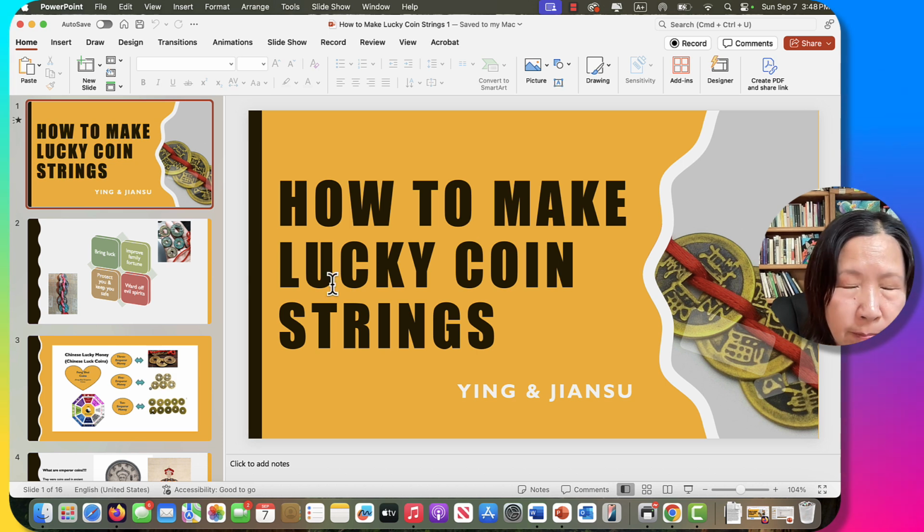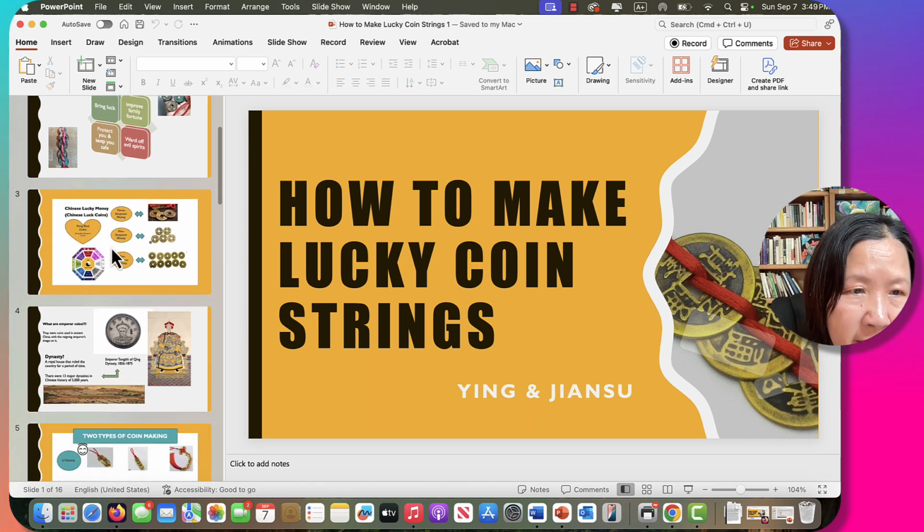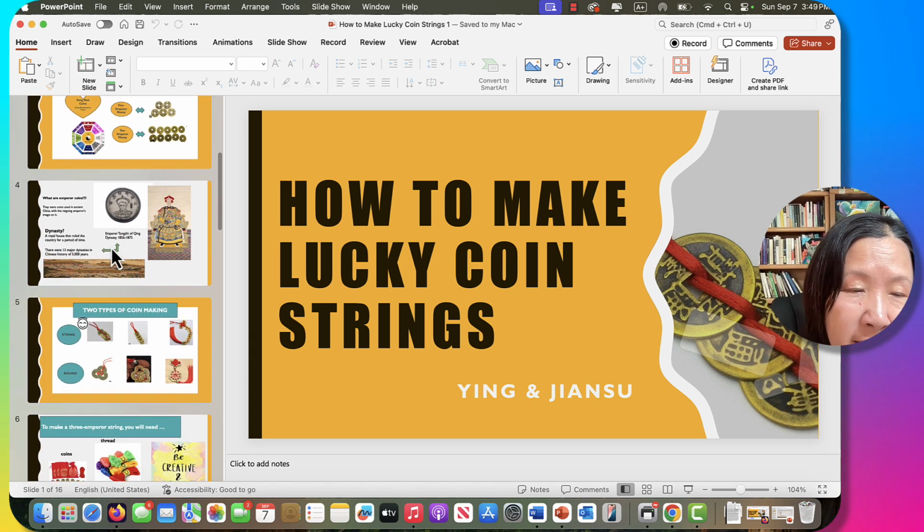So you will see altogether, I used 16 slides to outline this project of making lucky coin strings to show to the little kids. The first part would be the introductory part, including the title, background information, and the supply list, etc. So you will see that the first several slides,